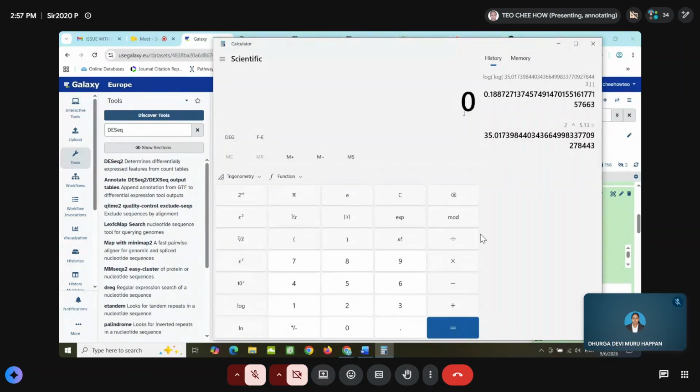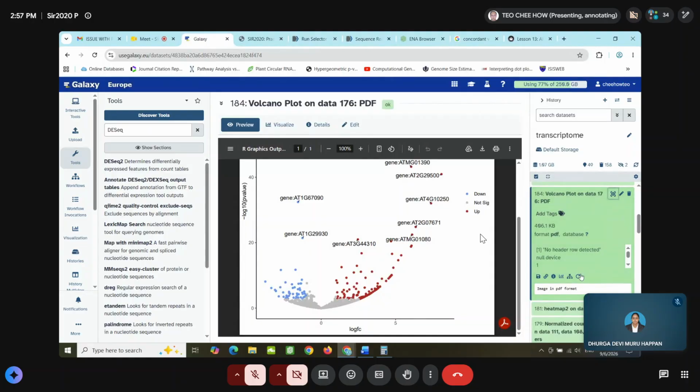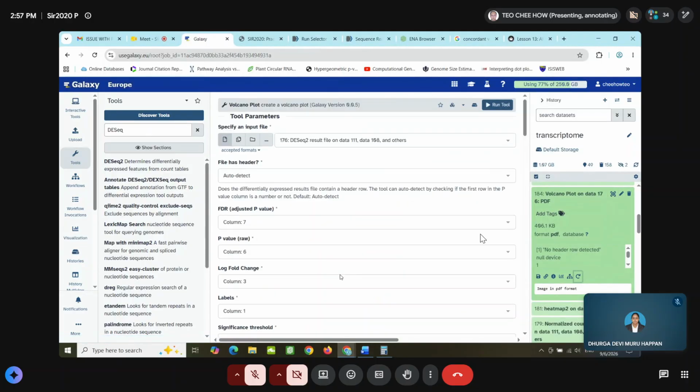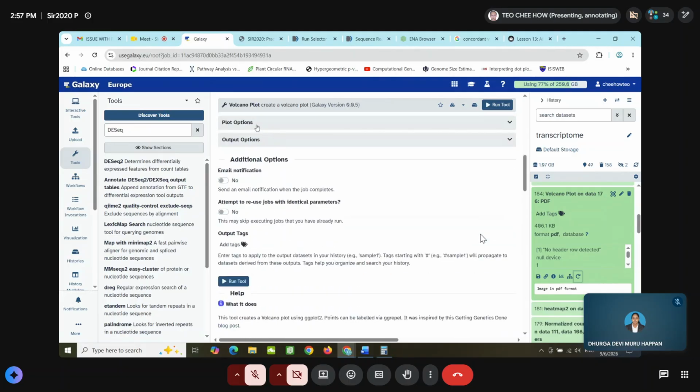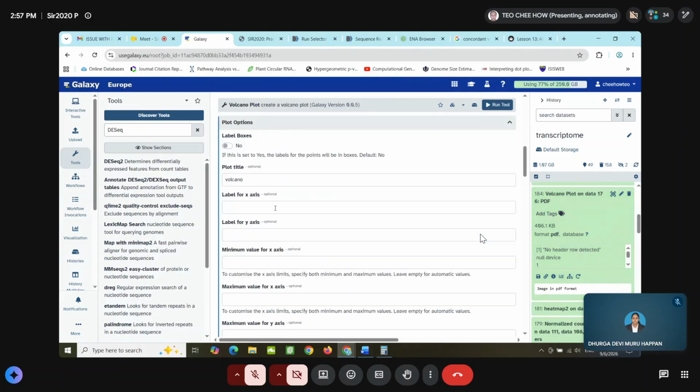So 0.05. So it's 1.3. You need to put 1.3 in here. So Y is 1.3. And this one, it's the label for X axis is 1.